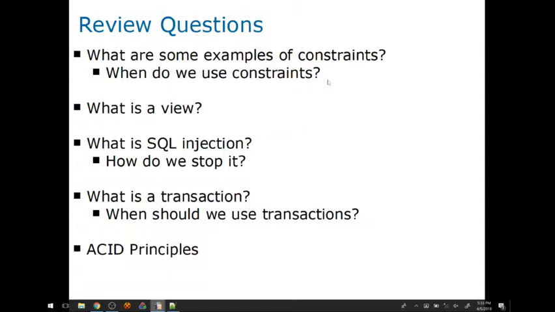What are some examples of constraints that you might expect to see in the database? There's a whole topic on this on the W3 Schools part of the prep work. What are some examples of constraints you might expect to see? Anybody? Not null is a very, very common one, so it can't be blank, it has to have some kind of a value. What else? Unique? Okay, that's a good one. Pretty self-explanatory. What else do we got?